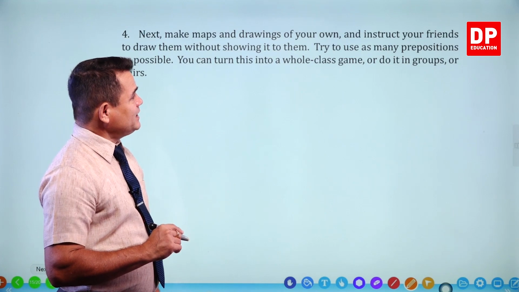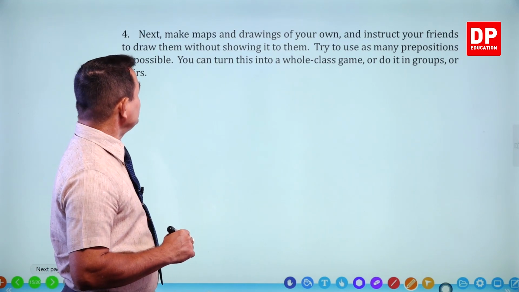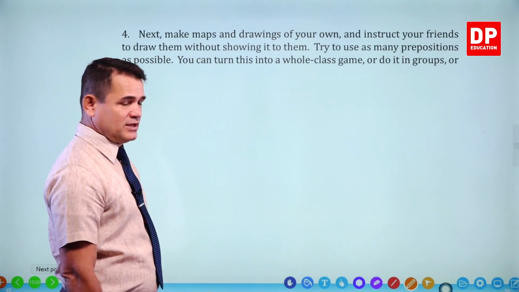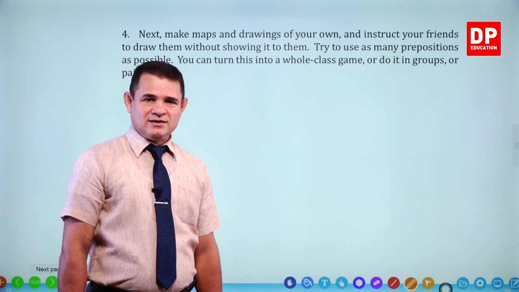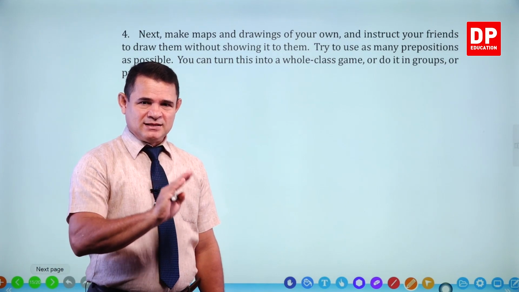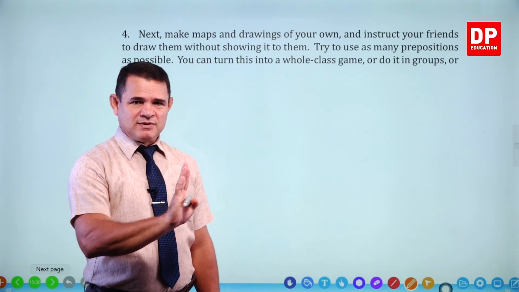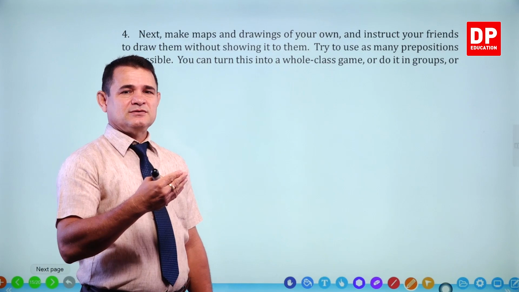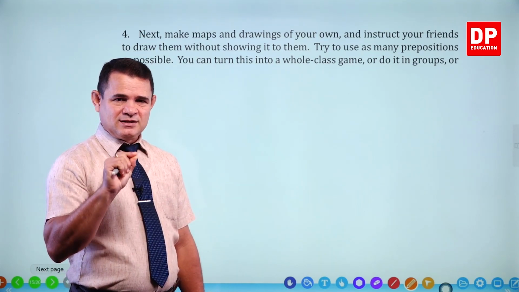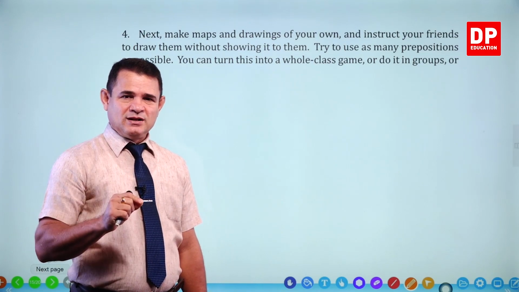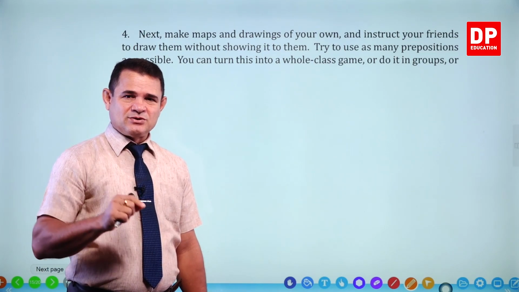හදලා and instruct your friends to draw them without showing it to them. That's what I told now. කලින් මං කිව්වේ දේ. එයාට පෙන්නවා නැහැ, ඇඳලා චිත්‍රයක් යාළුවට චිත්‍රය පෙන්වන්නේ නැහැ. You instruct. ඔයා උපදෙස් දෙනවා මෙන්න මෙහෙම ගහක් තියෙනවා. Near the tree there is a well there, and after that there is a road.